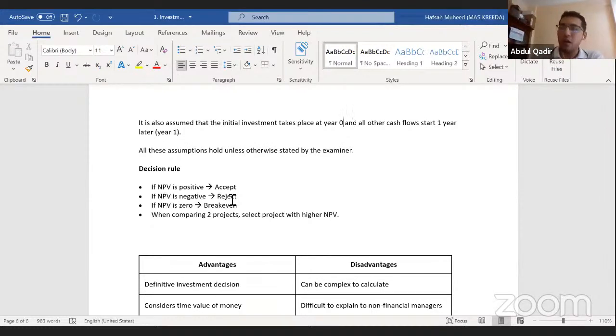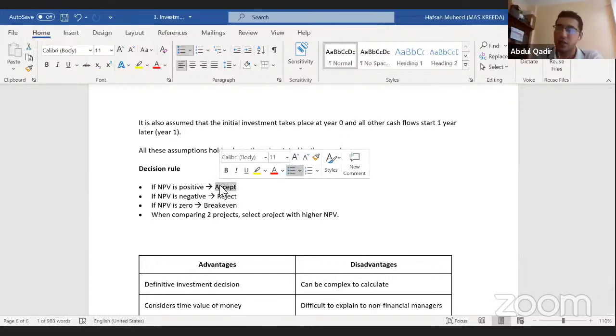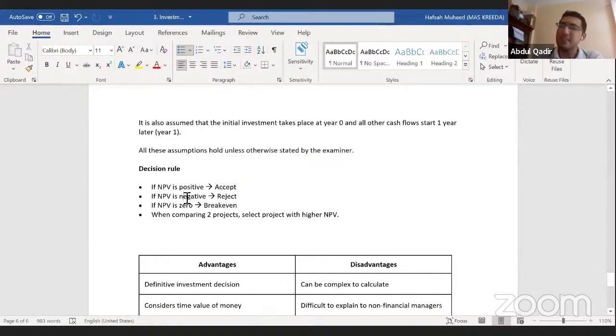So when you do an investment appraisal, how do you evaluate this? If your NPV is positive, like in that 500,000 example, then you will go ahead and accept the project, because you know you're going to get 500,000 extra if you invest in the project. But if your NPV is negative, you're not going to earn anything, so you might as well reject the project. In the exam also, once you do the calculation, they will ask you to recommend the project. What is your recommendation?